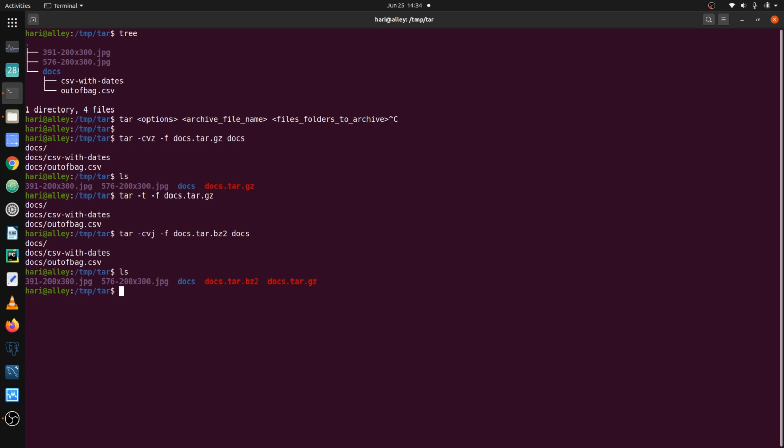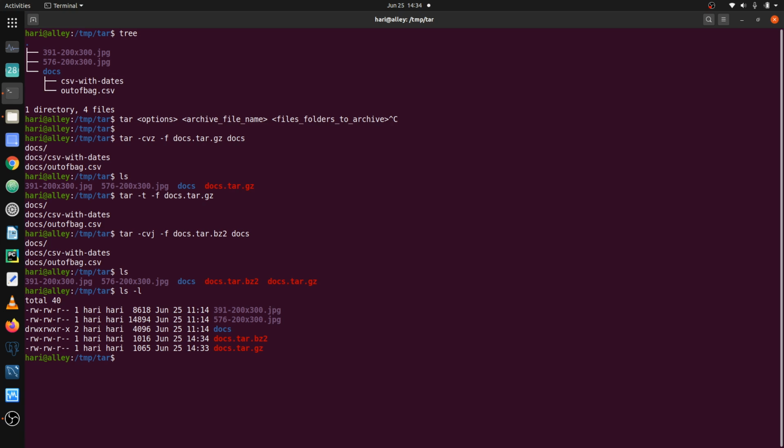The bzip2 compression algorithm is supposed to yield an archive file with a smaller size compared to the gzip compression algorithm. But the bzip2 algorithm is more CPU intensive. And we can see that the .bz2 file is comparatively smaller than the .gz file.